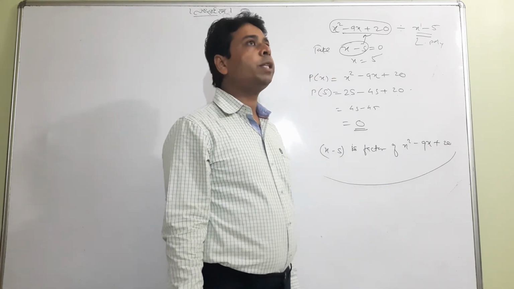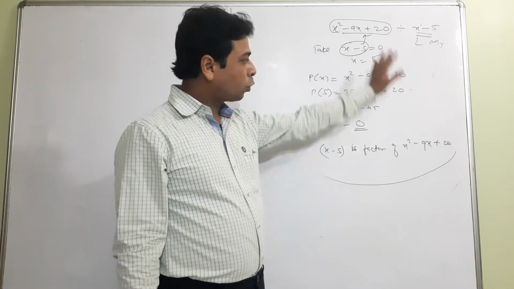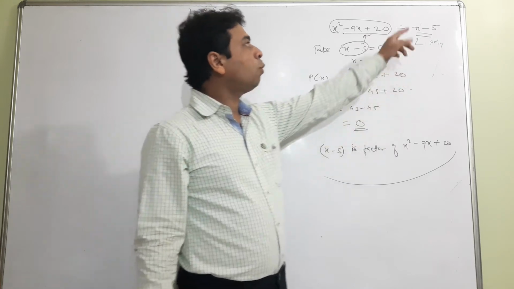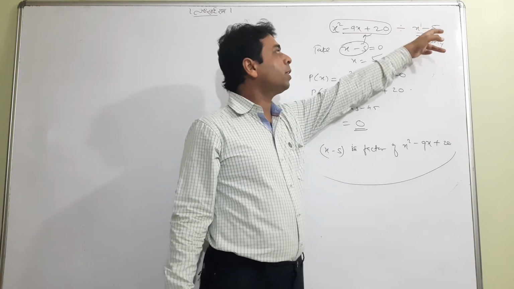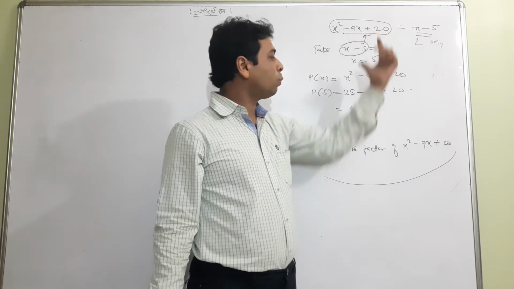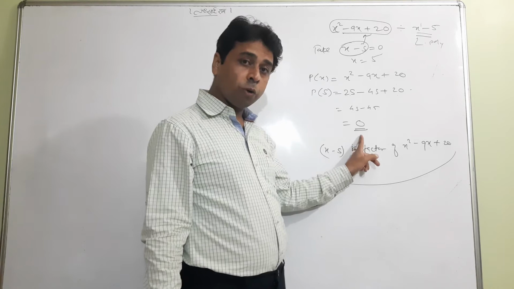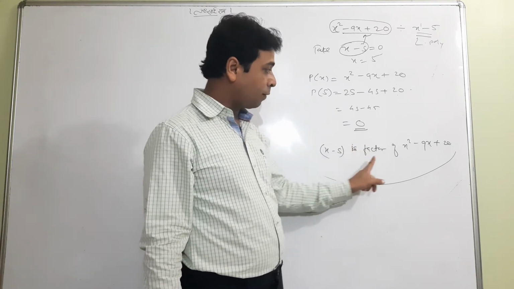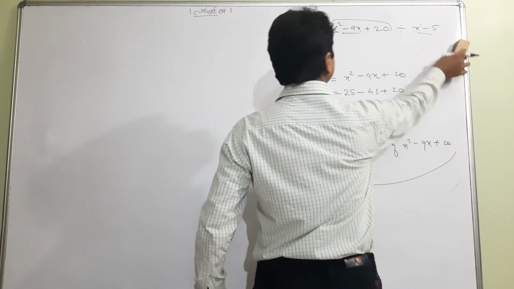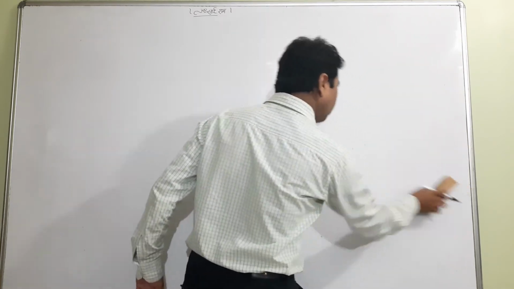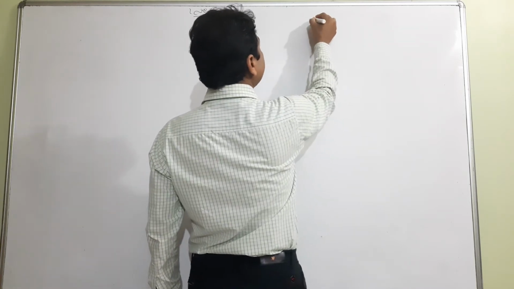So with example number 6, I have taught you many things. This is a short method. It is only allowed whenever the divisor is a linear polynomial, and whenever it is a linear polynomial, you can get the remainder without dividing. When the remainder is equal to 0, the conclusion is that x minus 5 is a factor of this one. Okay student, I tell you one more thing. Now we'll go in deep. Again I ask you one thing.